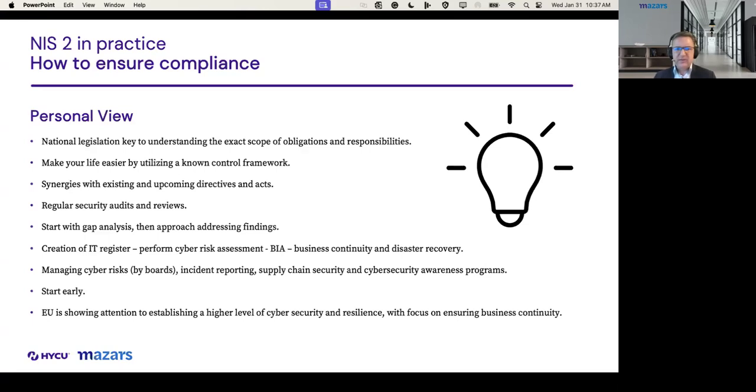Then obviously now some recommendations on how to approach this. So this is not how you should do it, but this is how I would proceed, right? So first of all, you obviously want to do a gap analysis. And if you don't think you're able to do this, find a consultant who can. Basically, they will point out where you are right now, where you should be,